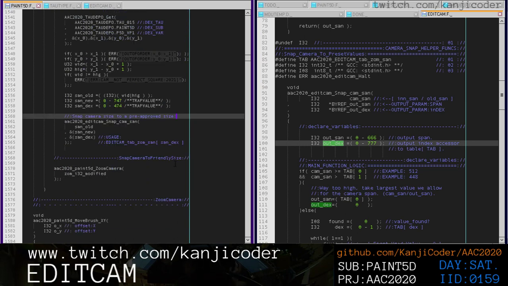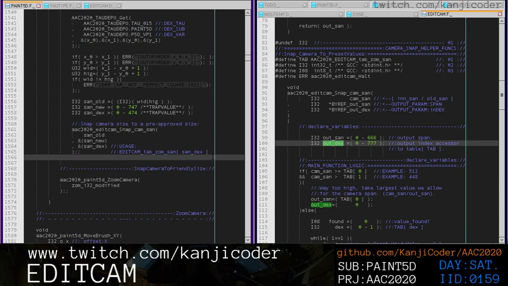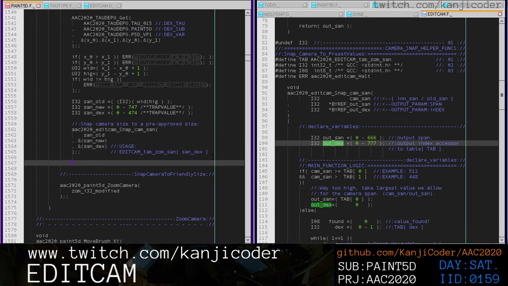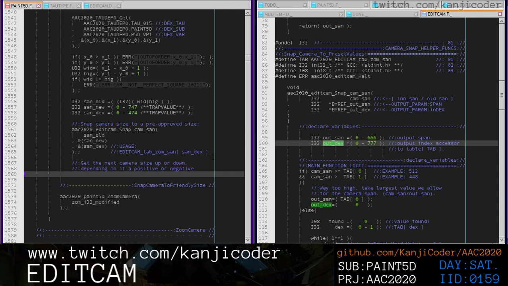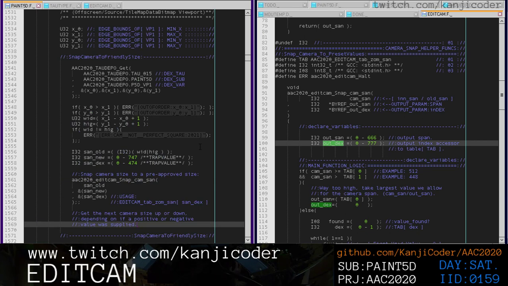So we're snapping the camera to a pre-approved size, and then after we snap the camera to a pre-approved size, we are then going to get the next camera size up or down, depending on if a positive or negative value was supplied. So, over here,